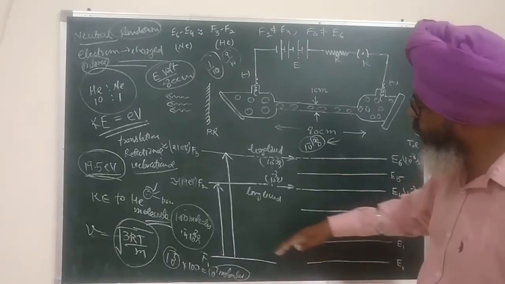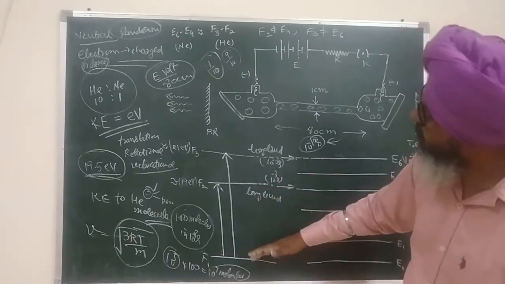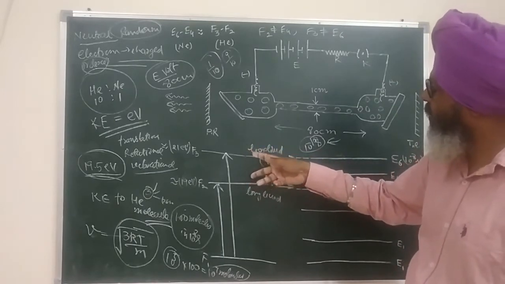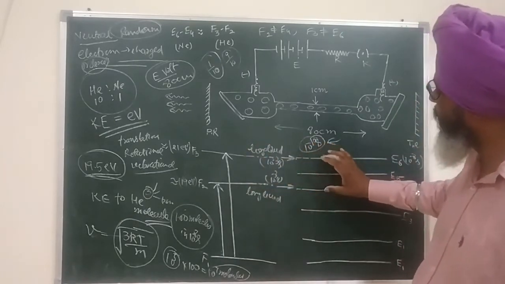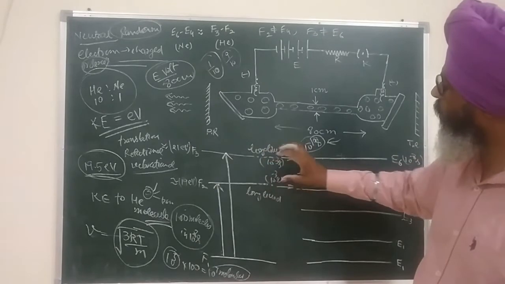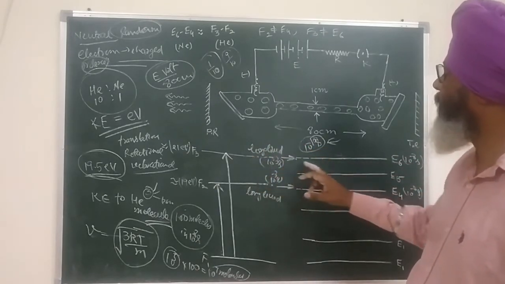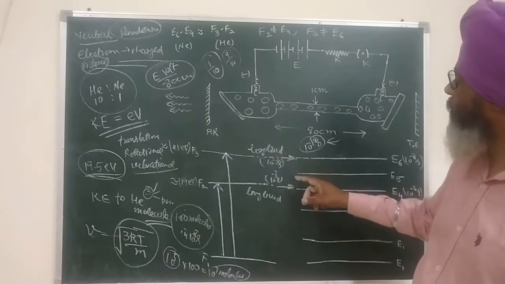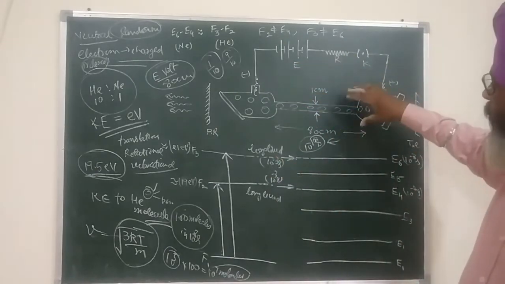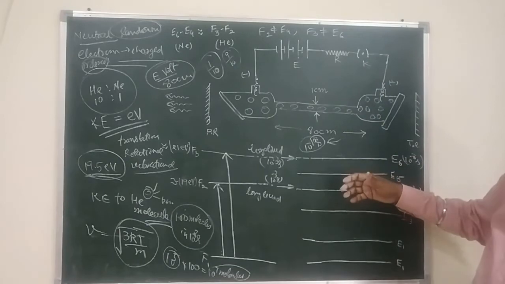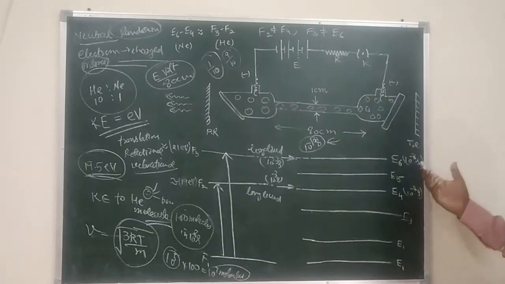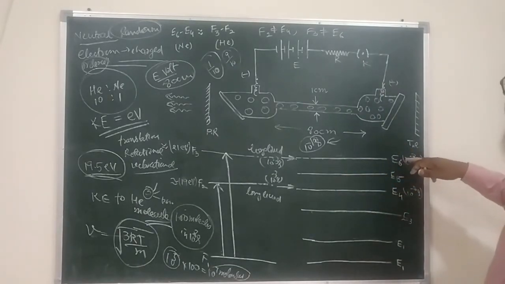However, if we use this indirect mechanism, we excite helium first, then allow their collisions to take place with the neon. Then, all of a sudden, due to the transfer of energy in the collision between helium and neon, in the whole of the tube the neon molecules will get into the excited state, and some of these will be in the state E6.